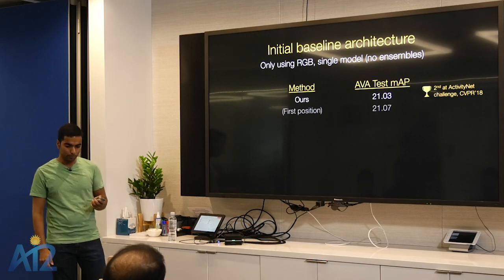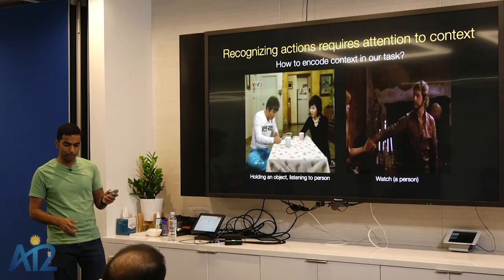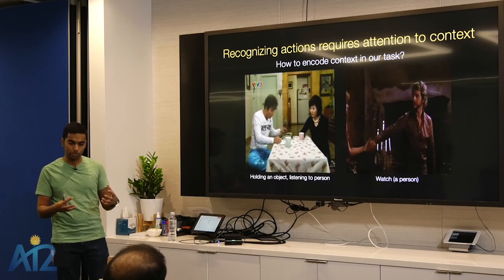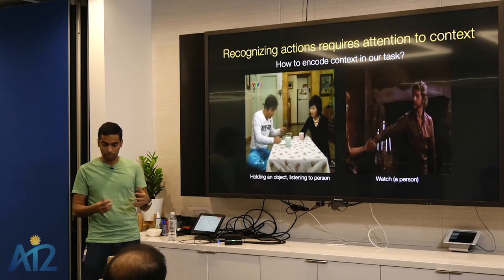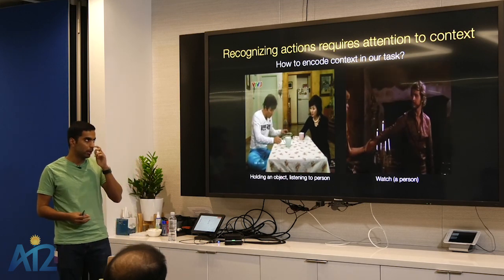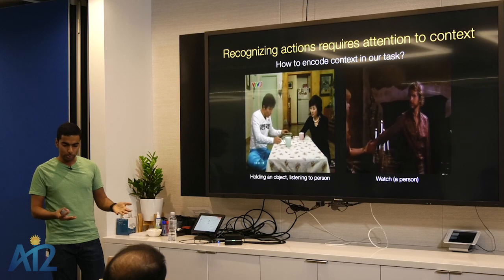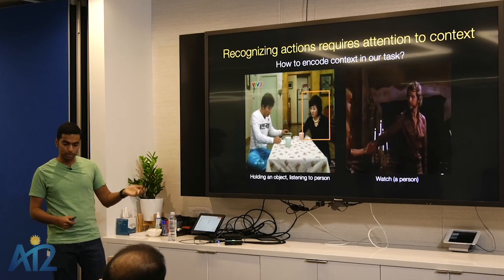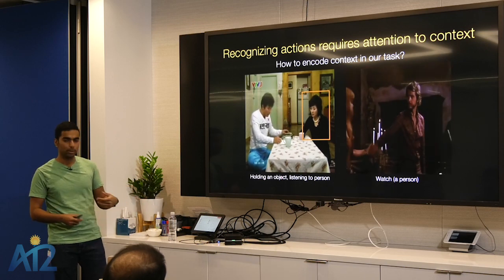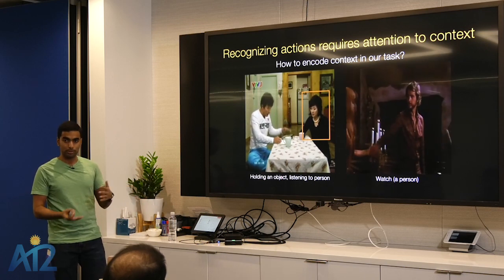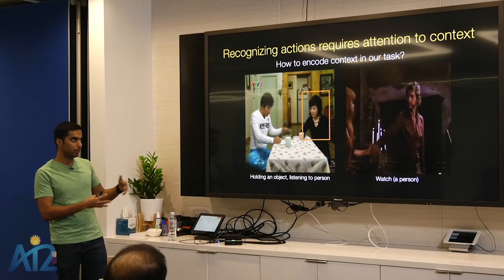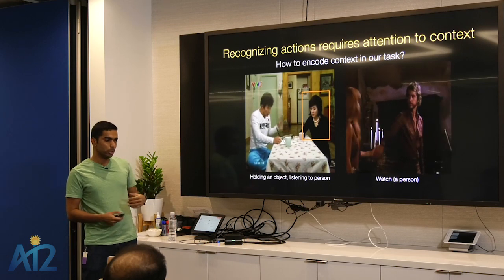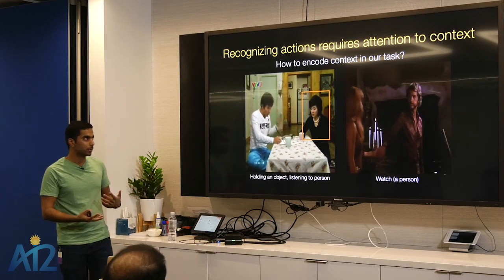Okay. So this works pretty well, but we haven't actually used any context so far, except of course the little bit of receptive field that comes into the ROI pooled features. And as you can see, context is actually quite important. For example, if you were to recognize this person's actions, which is labeled as listening to a person, that is predicated on the fact there is another person in the image. So you want to be able to look at that and not just the actual person you're trying to recognize. And also, watching a person is again predicated on the fact that there is another person in the